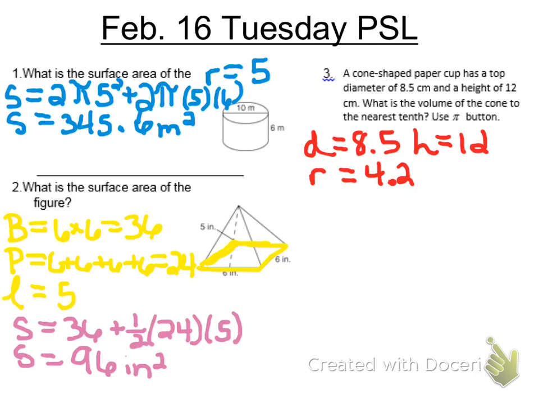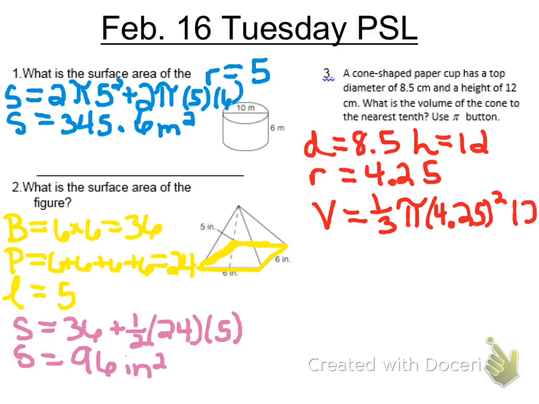See if I can make my decimal big enough you can see it. 4.25. So the volume, remember, is 1/3. Again, this is on your sheet. Pi times the radius squared, which is 4.25 squared, times the height, which is 12. Now, if you put this in your calculator, you're going to end up with